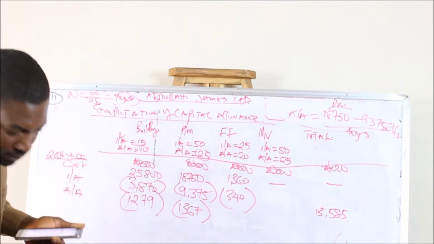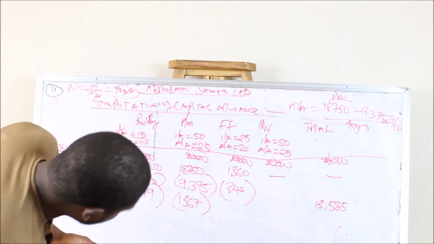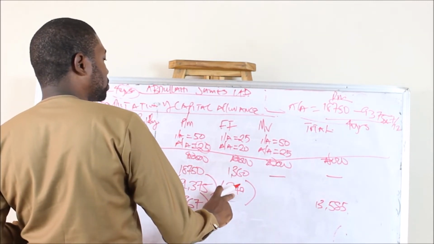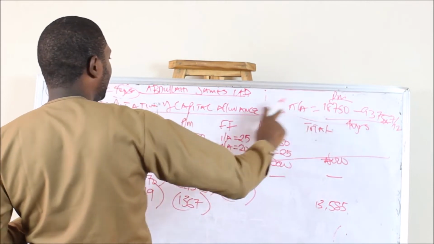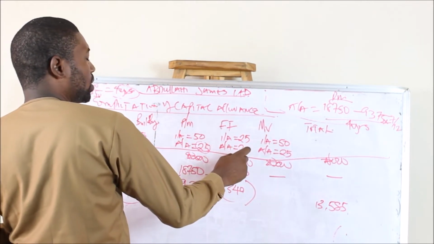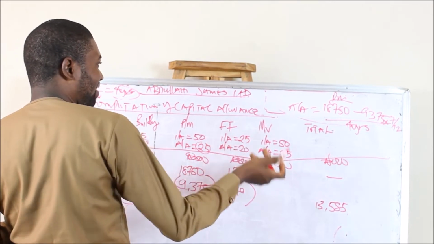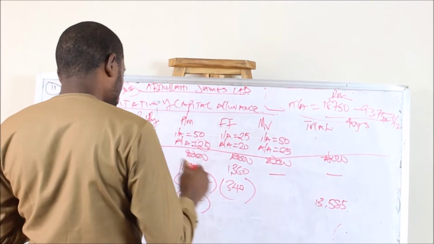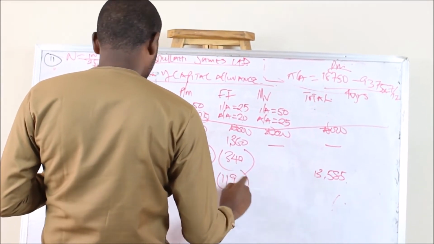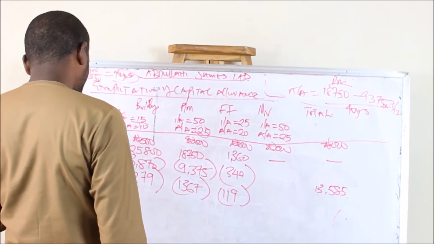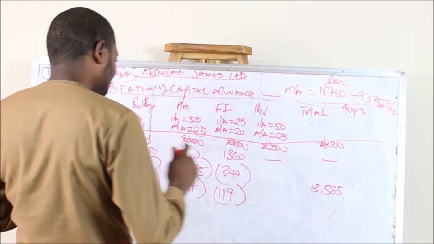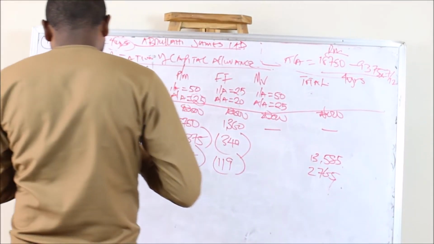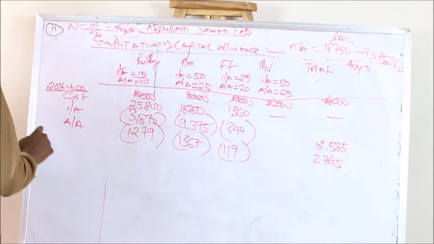So please just try and do that for fittings and furniture. Just say 1360 minus 340. Then your n is going to be 100 divided by 20. 100 divided by 20 is 5 years. Divided by 5, times 7 over 12. So whatever you have is going to give you the annual allowance, which is 119. So that is that. If you add everything together there, it's going to give you 2765.